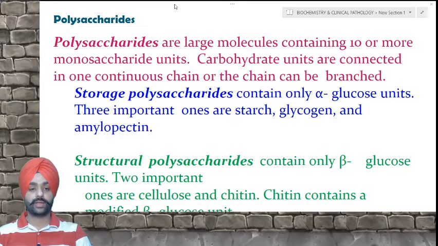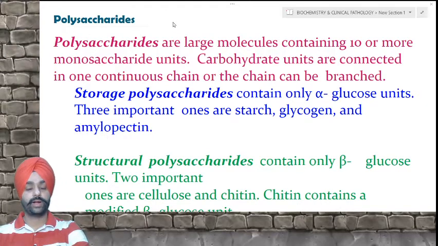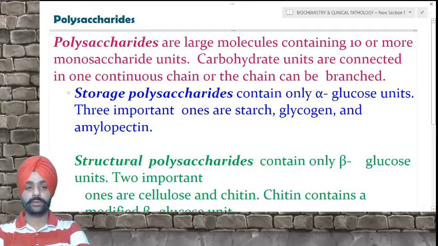In the previous class, we had finished the disaccharides. How are they formed? What are the various types of alpha and beta linkages that are formed in them? All those concepts will be put into use to understand how polysaccharides, or long chain structures of disaccharides, are formed. So, now let us start with the term polysaccharides.